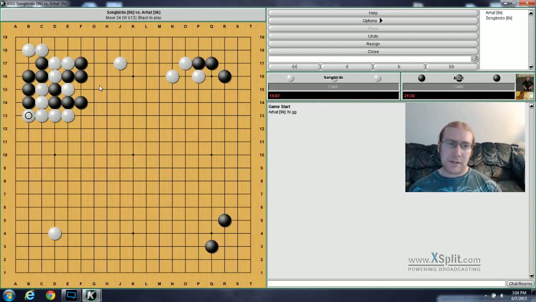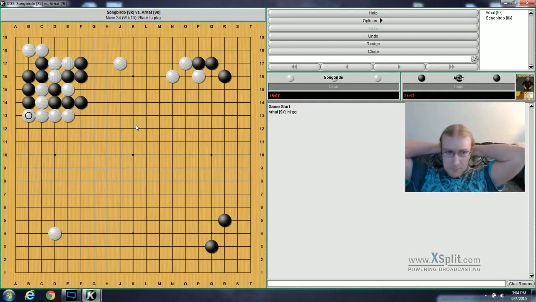There's the small knight enclosure, double wing formation, reduction, knight's move, or caps, shoulder hits, and then I think I labeled the 4th one as just invasions. But they're not really the deductions, or maybe they're, I don't remember. Anyways, I got the SGFs done yesterday as well. So maybe after a game or 2 today I will finish those up, and then I can start on the